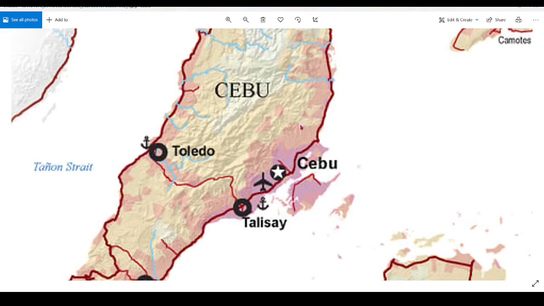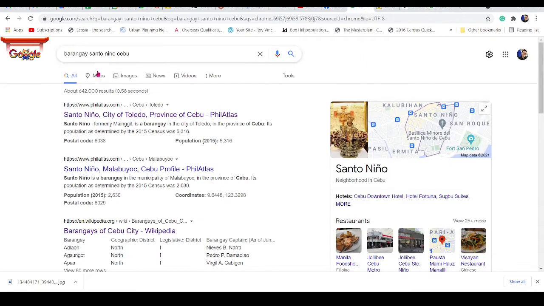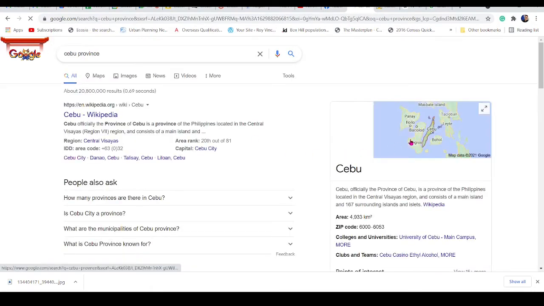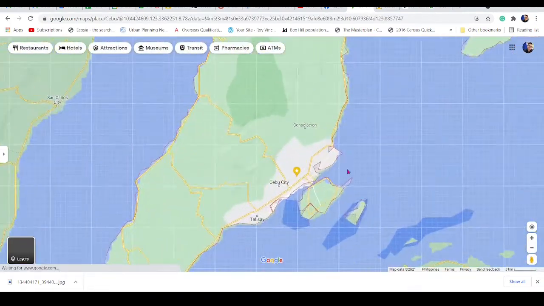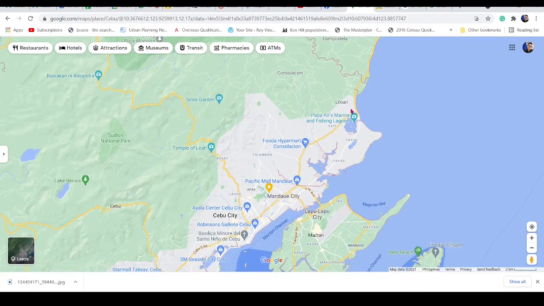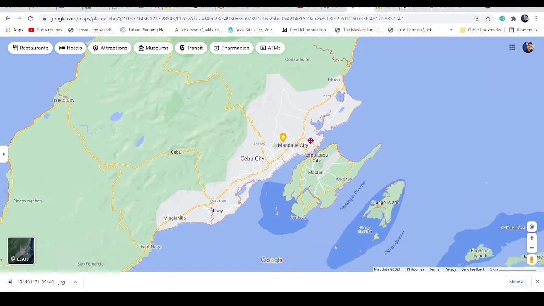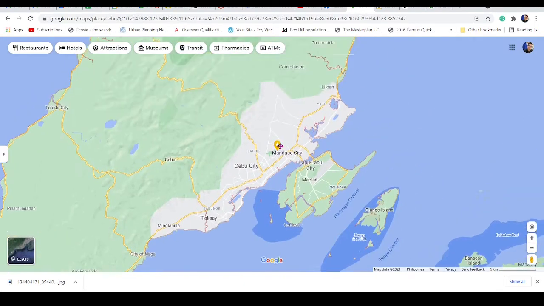So how will we determine that expansion? Where will we expand? We need to communicate with Talisay and what is north of Cebu, north of Mandaue. I forgot that. This is where information on Cebu province comes in. Familiarity with the different cities and municipalities in Cebu is really something I want to improve. And I'm glad that we have people who are not just from Cebu City, so maybe we can get some information on Liloan, Compostela, and Danao. So it's probably going to expand both northwards and southwards down to Talisay, Minglanilla, and Naga, because this is really